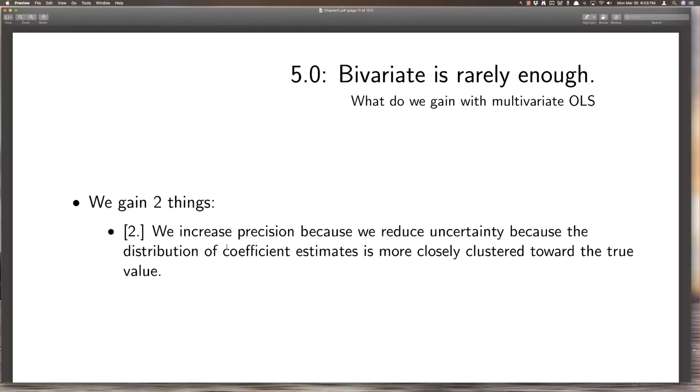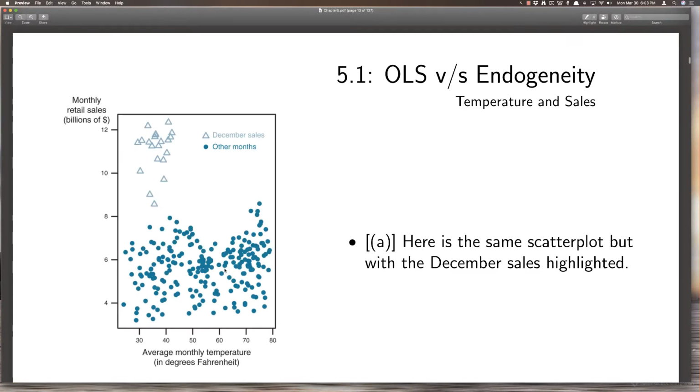That's the goal for this section. So here we go. Let's take back up this same scatter plot, but notice what I've done here is I've highlighted all of the Decembers, right? This is multiple years' worth of monthly data, and we have the average temperature in Fahrenheit,